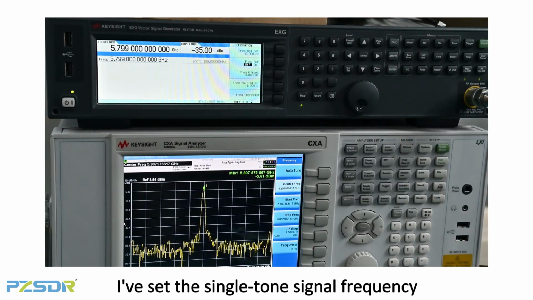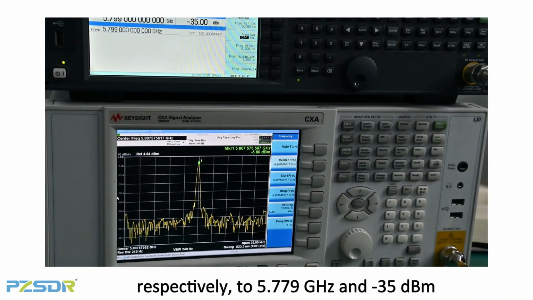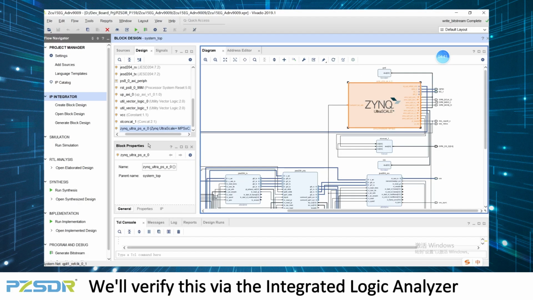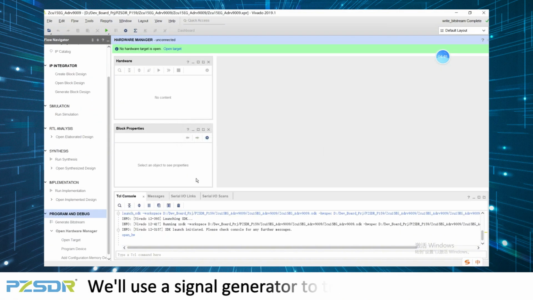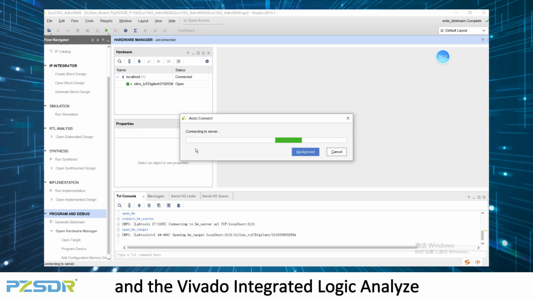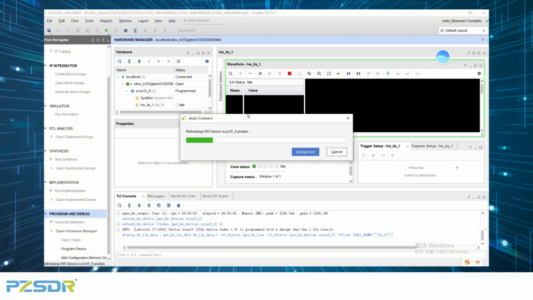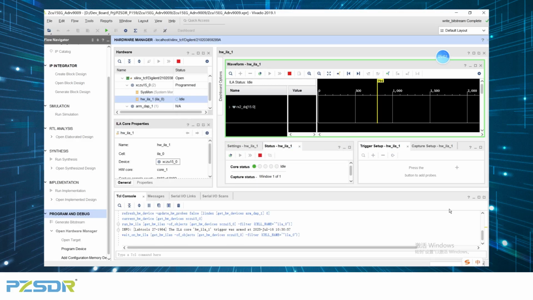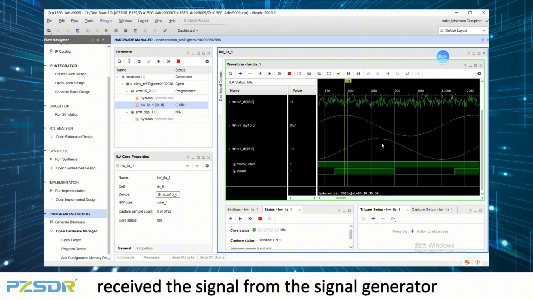I've set the single-tone signal frequency and output power of the signal generator, respectively, to 5.779 GHz and -35 dBm. Next, we'll verify this via the integrated logic analyzer in our Vivado project. We'll use a signal generator to transmit the signal, and the Vivado integrated logic analyzer to capture the signals in phase and quadrature data. As you can see, channel 2 has successfully received the signal from the